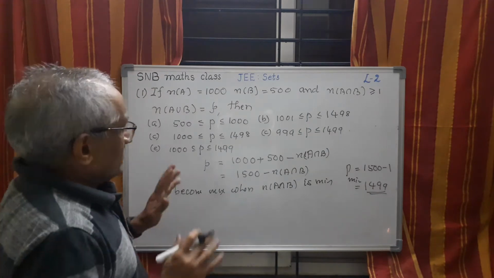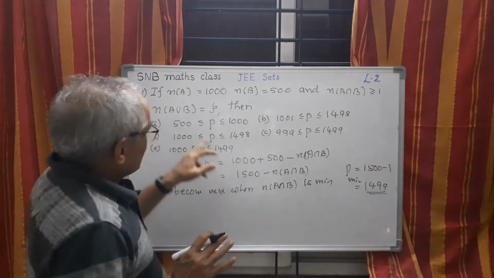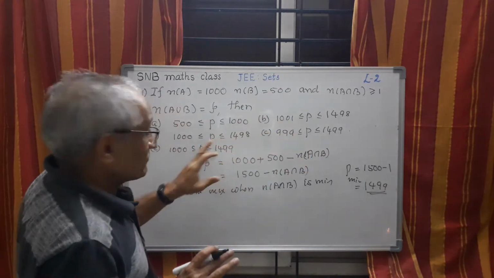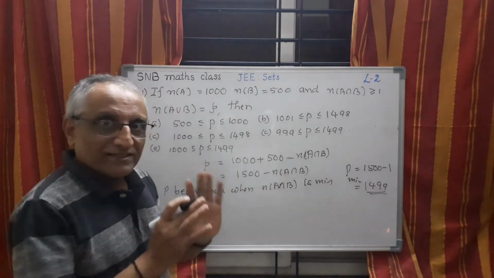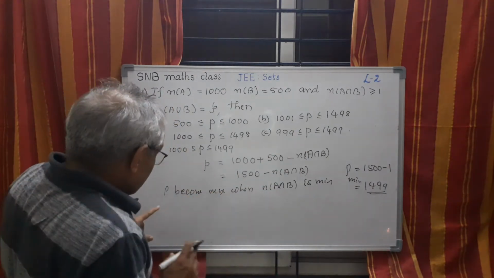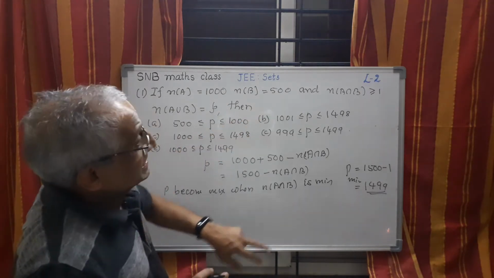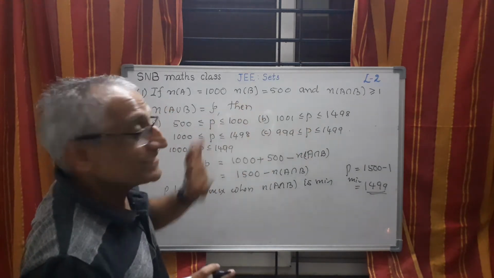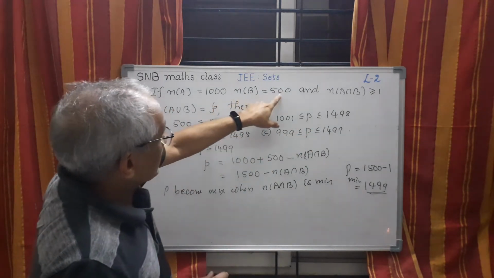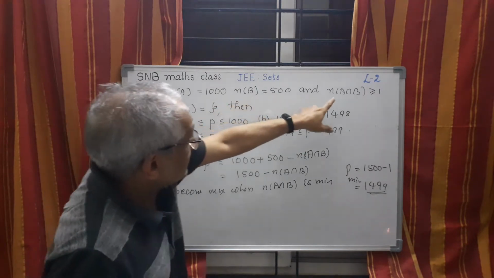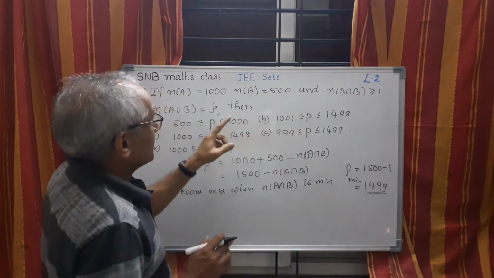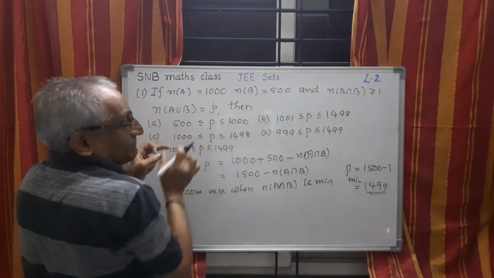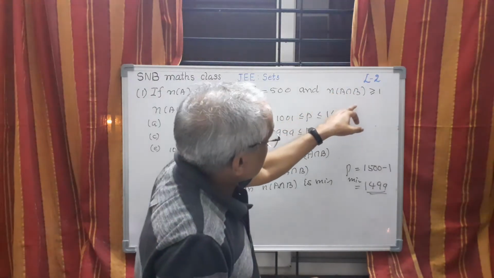Now, there are two options. Without seeing the option, you should not work out actually. Here there are two things. Therefore, this is not sufficient to decide whether it is correct or not. Now, another thing is what is the maximum value number of A intersection B can take? It is not there, but it is hidden. See here, number of B is 500. Therefore, A intersection B can be maximum 500, because if B is a subset of A, all the 500 elements may be here. So in that case, A intersection B will have 500.